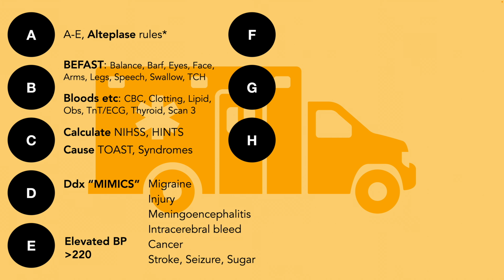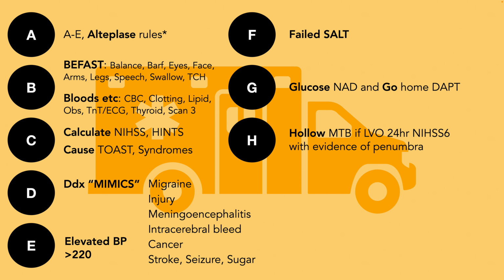And that's if it's a block, not if it's a bleed, right? If it's a bleed, all rules are off. But if it's below 220, without any attempt to control it medically, leave it alone. That's what most people say. If you failed the SALT criteria, that's a problem, obviously, and you should keep the patient normoglycemic throughout for really good interventions. Dual antiplatelet therapy going home, if indicated, which is for most people, and then hollowing out.